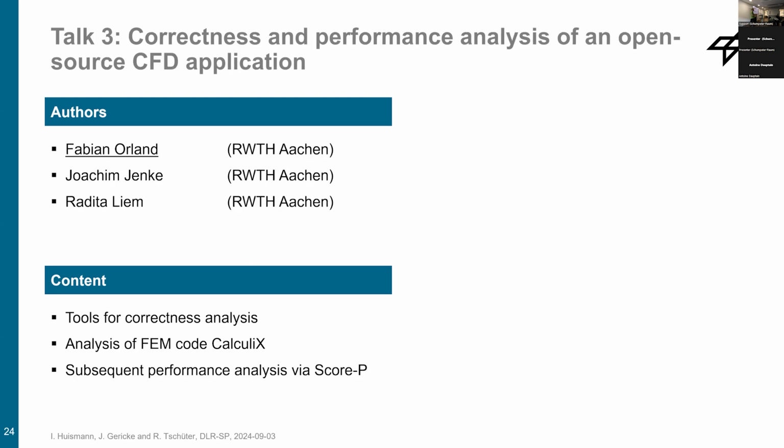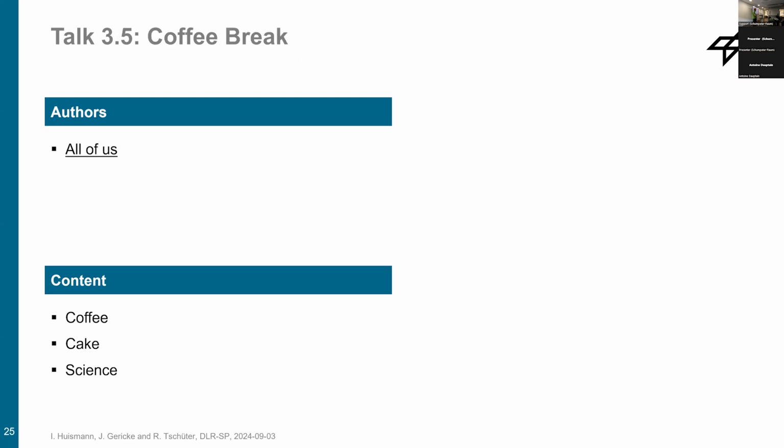Then we've got our debugging talk, correctness and performance analysis of an open source CFD application by Fabian Orland, where thread races are detected in the FEM code CalculiX, and subsequently we'll get a performance analysis and improvement of the code using Score-P. Then, of course, everyone's favorite, we'll have a coffee break together